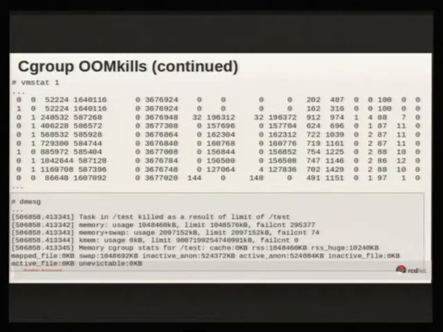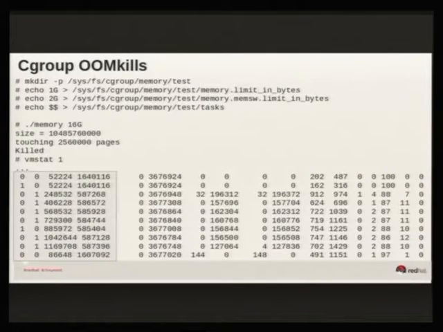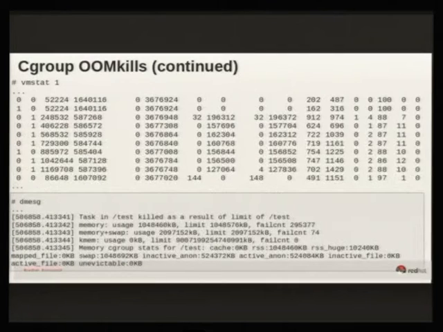And when that happens in a cgroup, basically what I did is I set this thing up, because you can control how big the memory is in a cgroup. So 1 gigabyte of RAM, 2 gigabytes of swap space. I run this program that allocates and chomps on 16 gigabytes. So what's going to happen is it's going to try to touch all the pages. It's going to use a gigabyte of memory and then swap out 2 gigabytes, and then it's going to finally kill the process. And when this happens, you can actually see in the vmstat